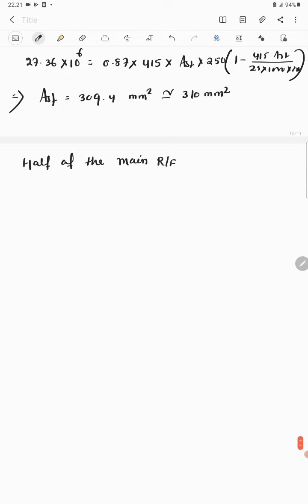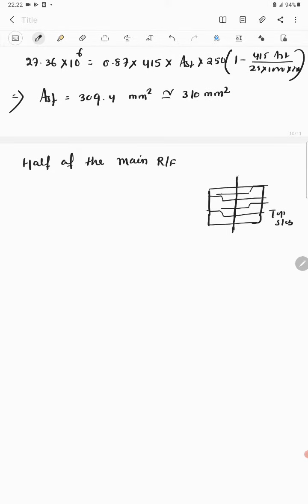So half of this main reinforcement, if this is the top slab where we'll provide this reinforcement, this is the center point for which we had designed. So we can bend half of the bar, each alternate bars like this at the support,